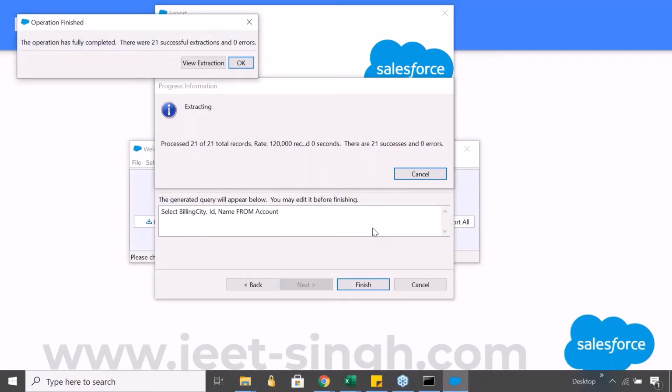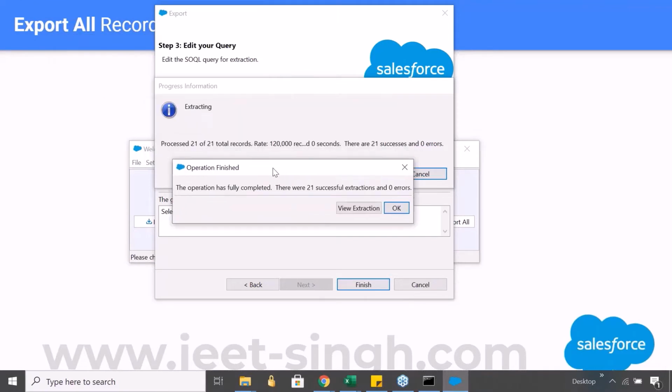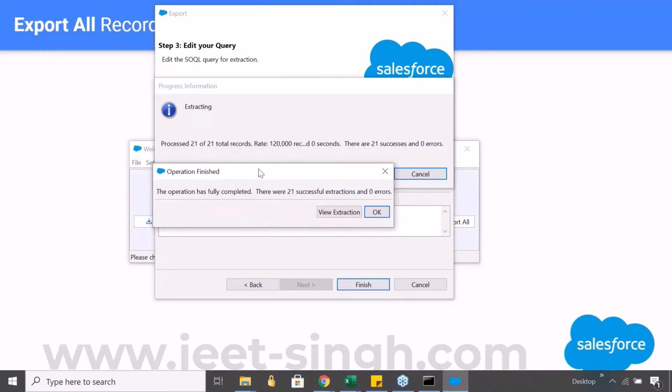Possibly, while showing you the query, I may have made some mistake in it. Some additional character might have got added. But now it says that this operation has successfully completed. There were 21 successful extractions and 0 errors.